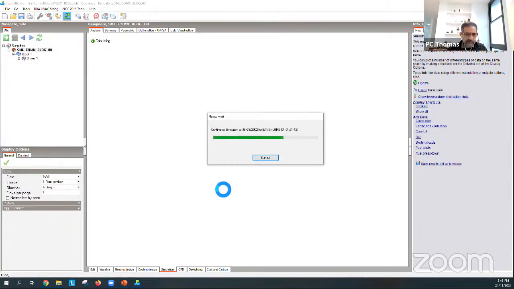Just make sure you have ventilation turned on. Oh, and be careful. You need to ensure that your inputs are correct at every level, zone level, block level, building level. Your inputs should be correct. Otherwise, you may get some erroneous